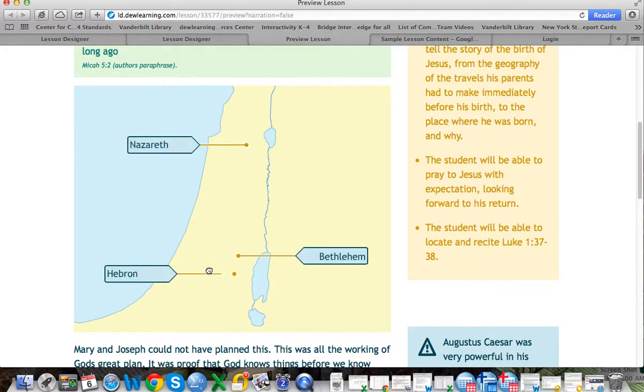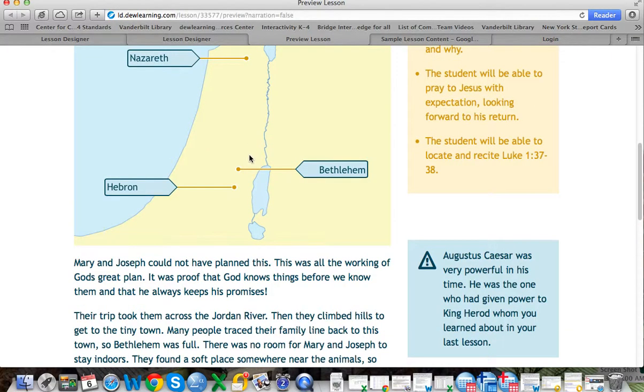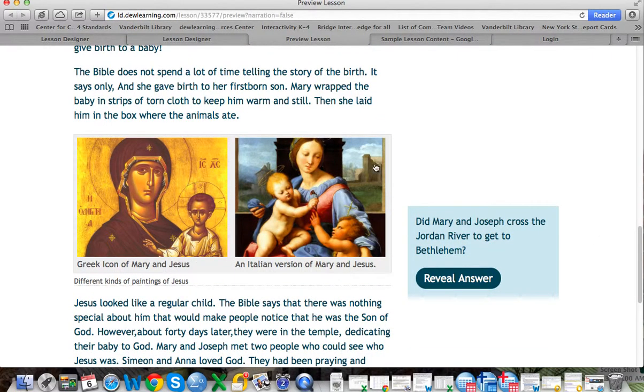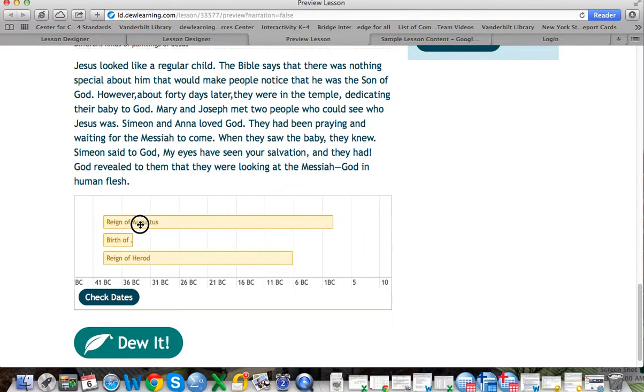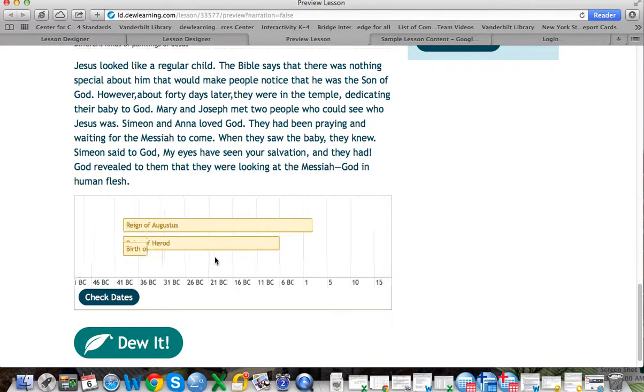Guessing a little bit, and then yep, they all came in green. It would have been in red if I had missed one of them. You obviously can add as many pictures and videos as you want. Here's a quick formative quiz check on the content. Here's a timeline, and you can zoom in or zoom out,